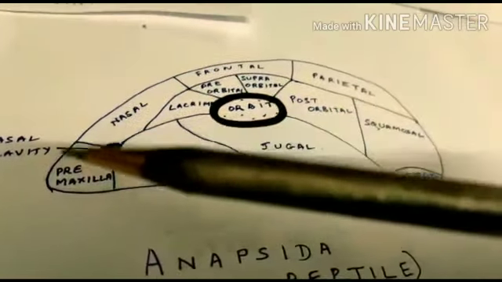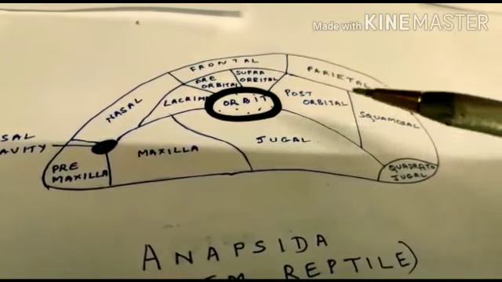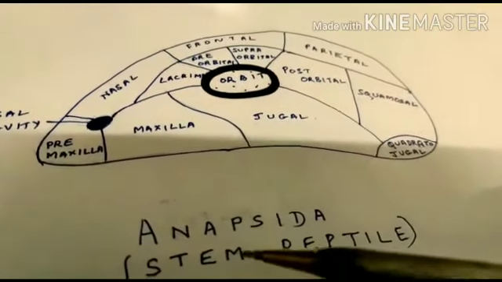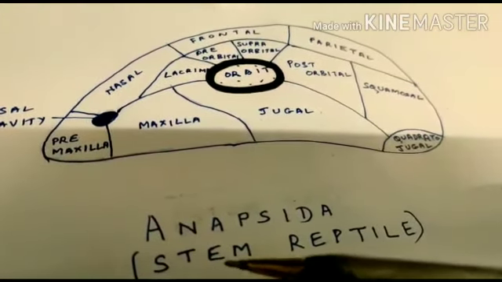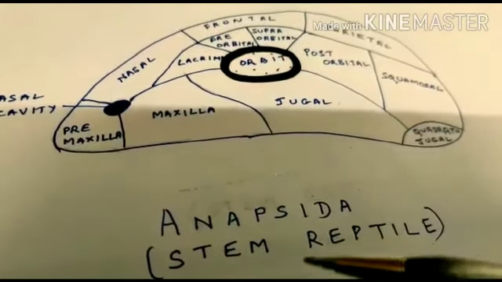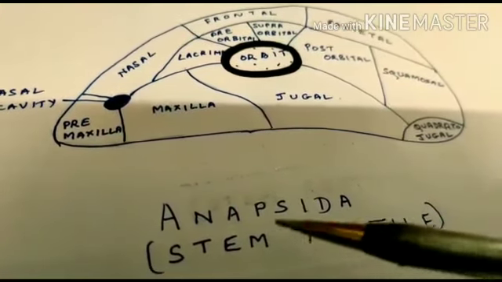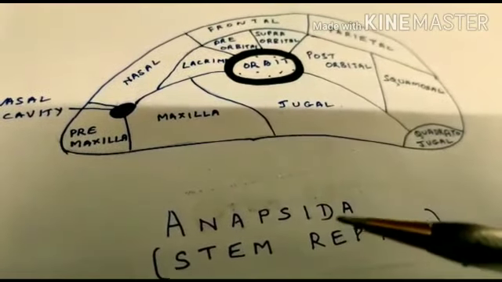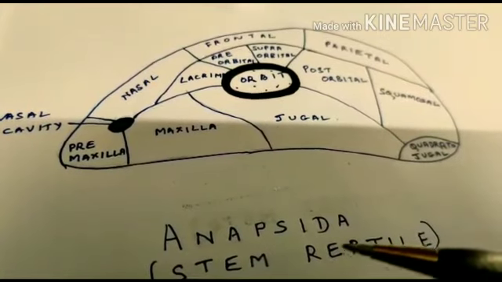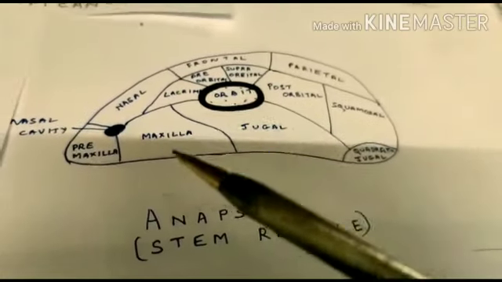But if you look at this carefully, do you find any fenestra in this particular region, the temporal region? No. That's why we call this an anapsid skull, and this is a characteristic feature of most of the extinct reptiles, stem reptiles, that is, which have given rise to the modern day reptiles like Seymouria, as well as, and only in 2 living forms, that is the tortoise and the turtles, you find this kind of anapsid skull.